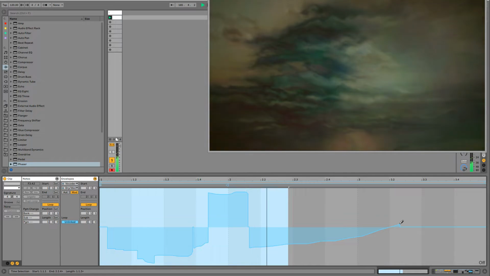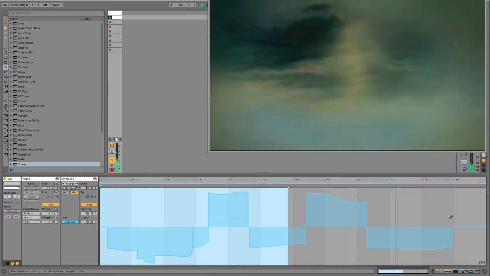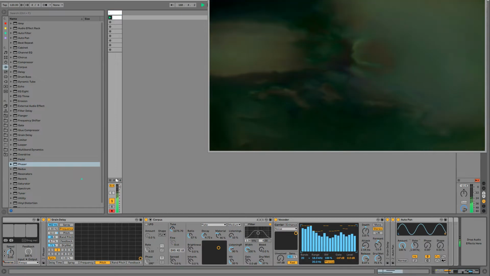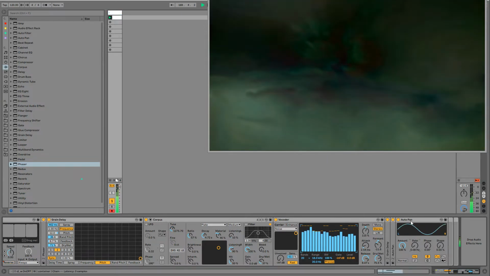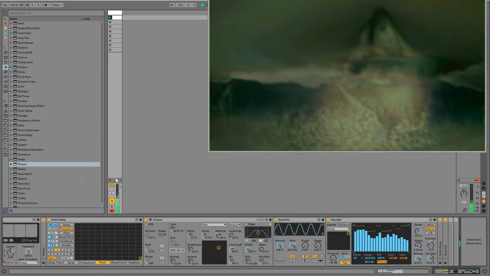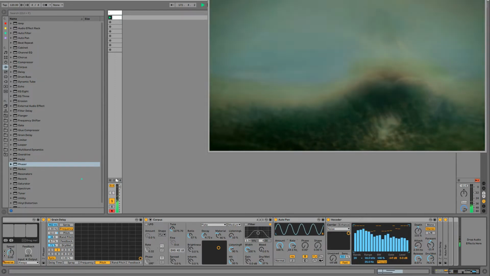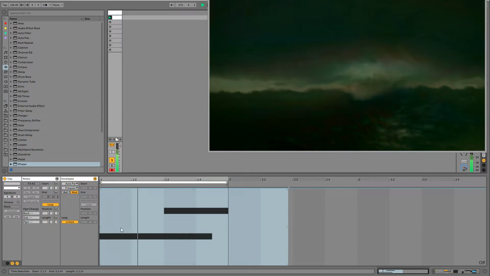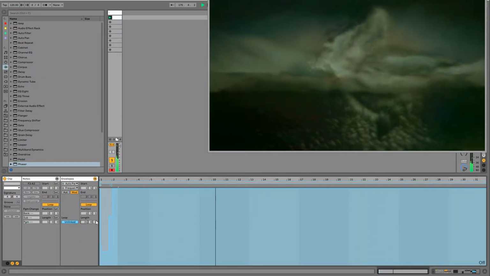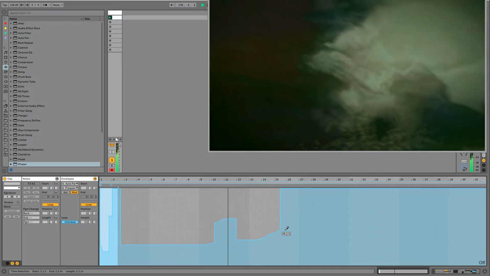And what I'm noticing here is a kind of repeating pattern coming from these auto pans. So I think I want to modulate the rate on this one. Let's go ahead and just drag it out.